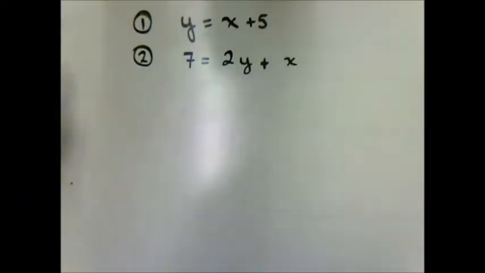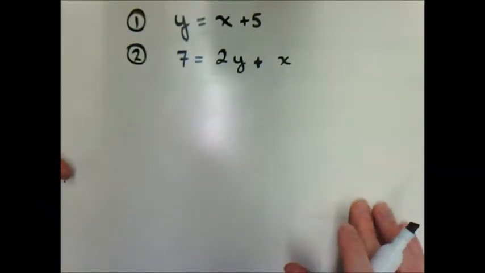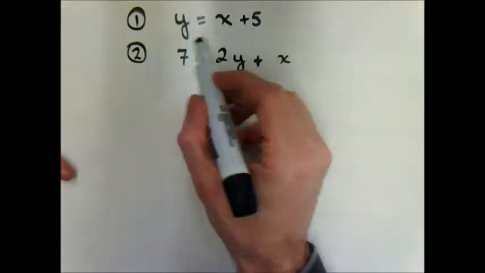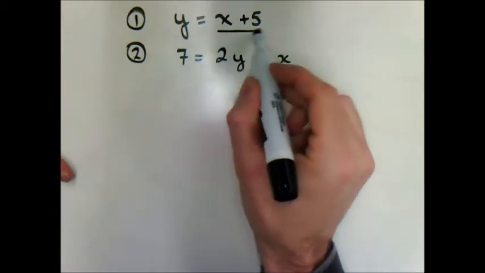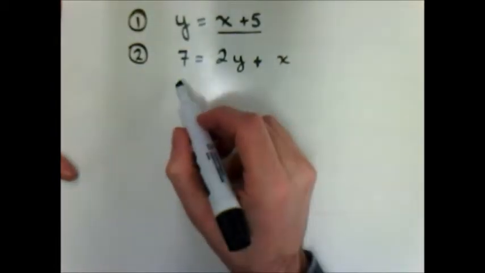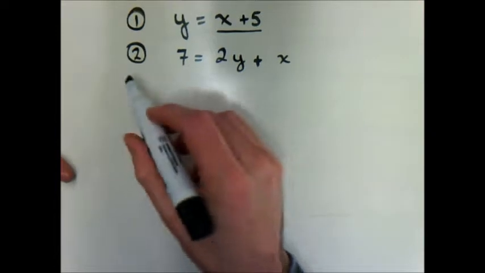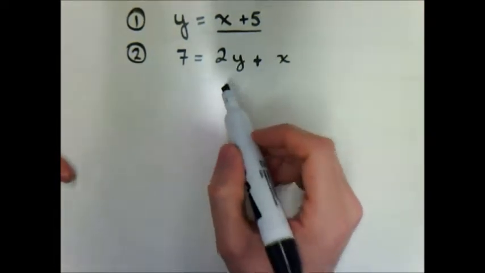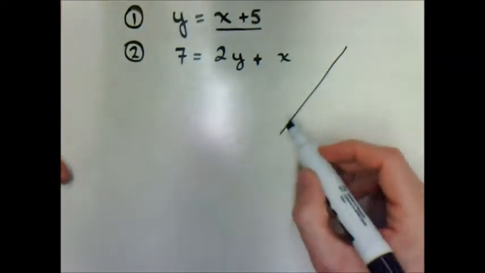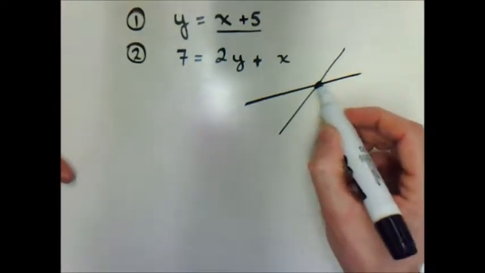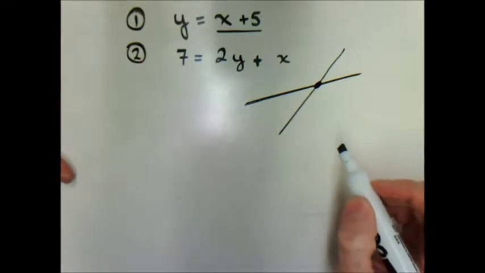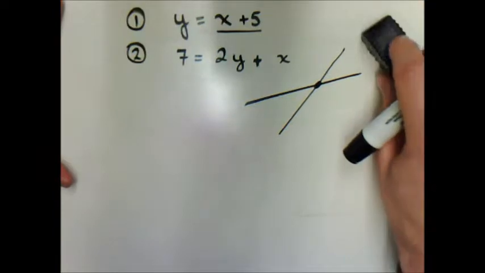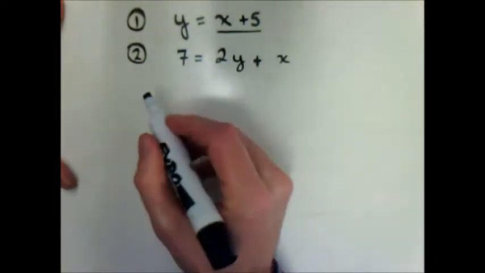In lesson 1.2, we talked about the method of substitution. So we solved this linear system by substituting the value of y, which we're told in equation 1 is x plus 5, into equation 2. So wherever we saw a y in equation 2, we just substituted x plus 5 in, because we know that where these two lines intersect, the x value and the y value have to be the same, which means the y in equation 1 is going to equal the y in equation 2,